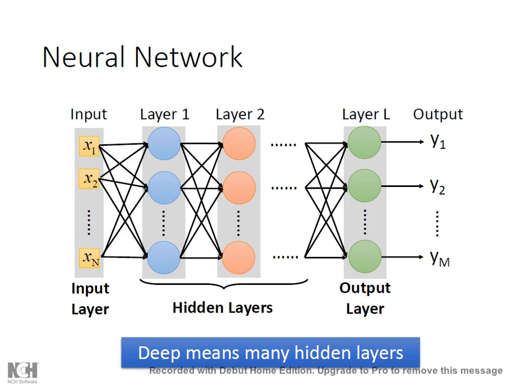From the input, it goes through the hidden layer to produce the output result. In this hidden layer, you see there are links, and each link has a weight. Each of these is a neuron, and each neuron connects with the input and also connects with the next layer of neurons. So here we can see an almost fully connected network between the neurons.